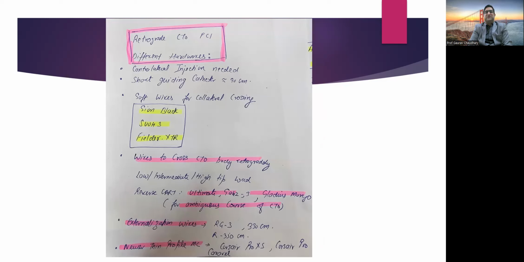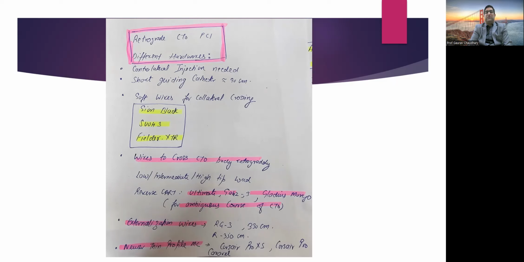And soft wires are used that are available nowadays, like SUOH3, which has a 0.3 gram tip load, or Xion Black, or Fielder XTR, that can be used for surfing. And especially if there is a tortuous course or epicardial collateral, then many times the SUOH wire would be of much help. And wires to cross the CTO body are almost similar to those of antegrade CTO